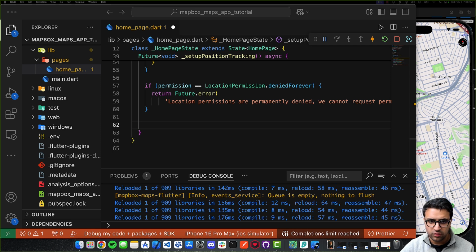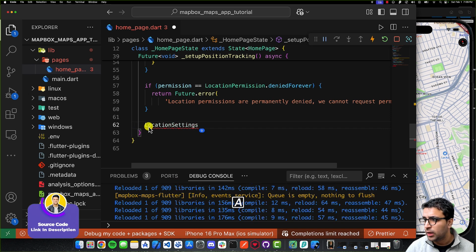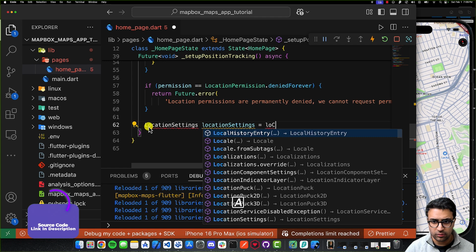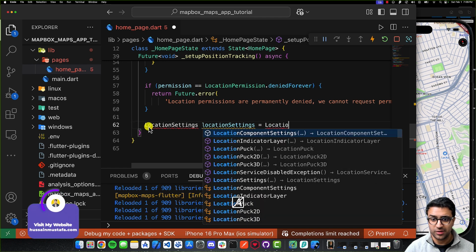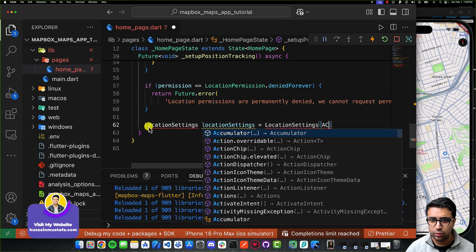So if none of this happens, then we can be pretty certain that now we have access to the location services and that the location permissions have been granted to us. So now we can actually define a location settings variable. It's going to be called location settings. It's going to be equal to location settings. And all of this is basically coming from the geolocator package. And I'm going to say that the accuracy,